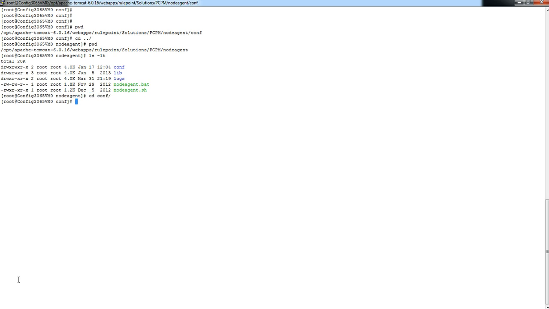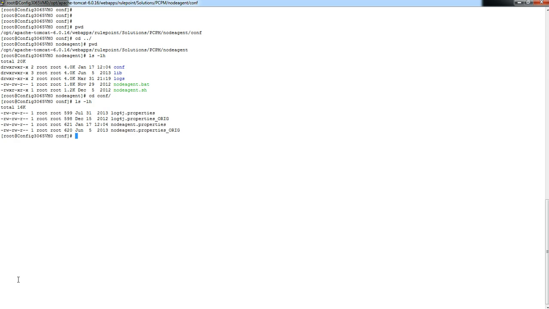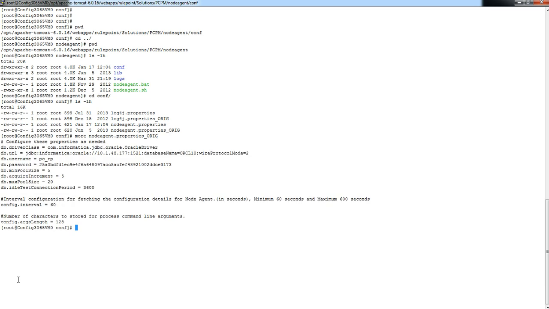So we go to the conf directory, and there you'll see there are traditionally just two files here, log4j.properties and nodeagent.properties. I've already made backups of both of them, and today we'll be looking at the nodeagent.properties file. You'll see in my original nodeagent.properties file, at the very bottom of the file there is an argument called config.args_length. This is the number of characters that are stored for process argument command line arguments,